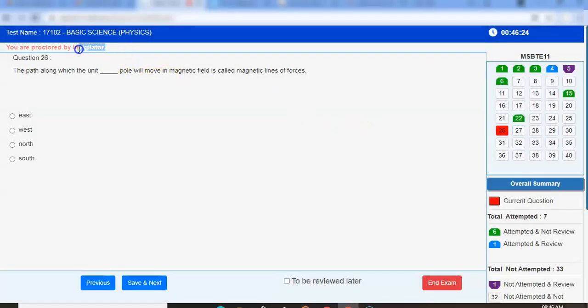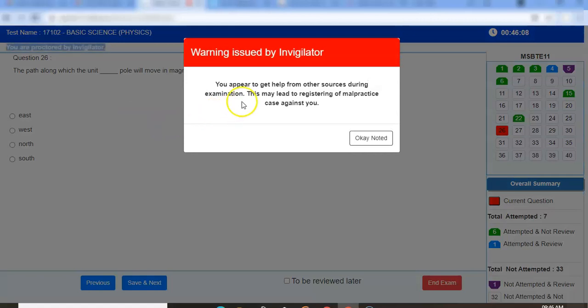Please note that you are continuously being monitored by the invigilator. If you do any kind of malpractice, the invigilator may send you certain warning messages. For example, here the invigilator had sent one warning to the student that you appear to get help from other sources during examination.